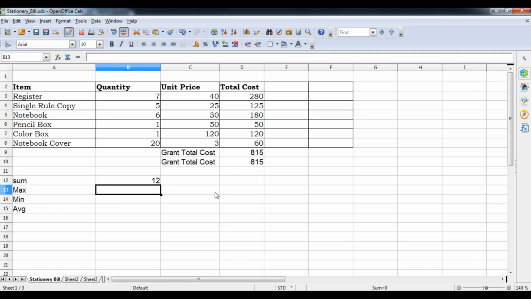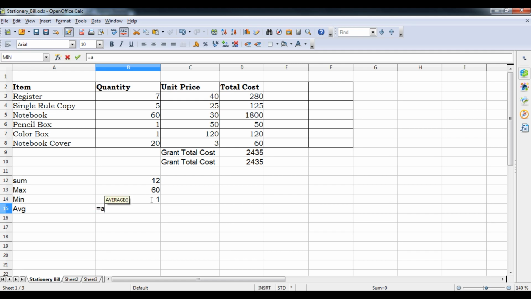And now max. So here I will type max. I will give a range because I want to check the maximum number among the particular given range. So from B3 colon B8. Let's see what the maximum number will be. Here the maximum number is 20. Suppose the maximum number is 60. Now you can see that it updates the maximum number. Same here, minimum number. Same thing, B3 colon B8. Let's see what the minimum number will be. Here 1 is the minimum number.